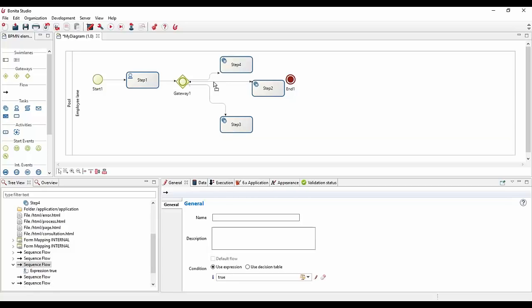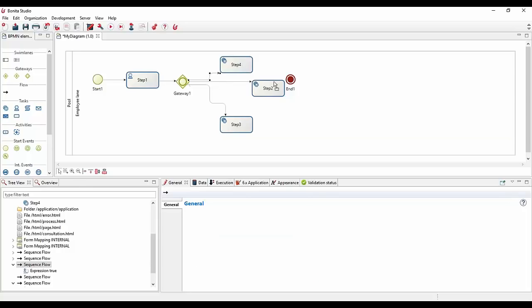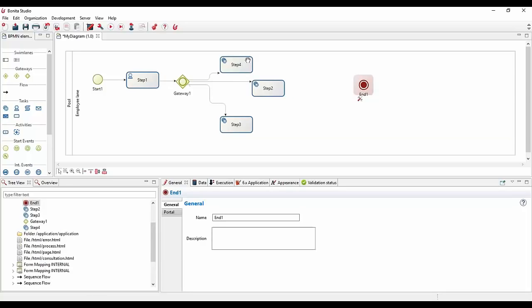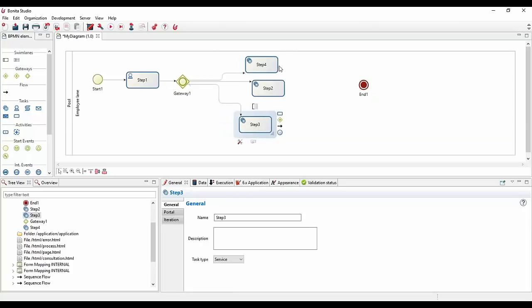It's a mix of parallel because we can have multiple of them selected, but also conditional because we have conditions on the transitions. As a best practice, it's really important to make sure you make them symmetric.